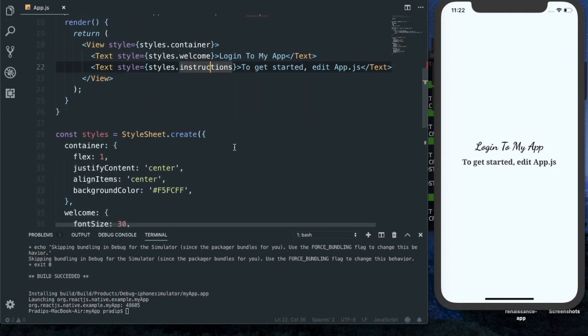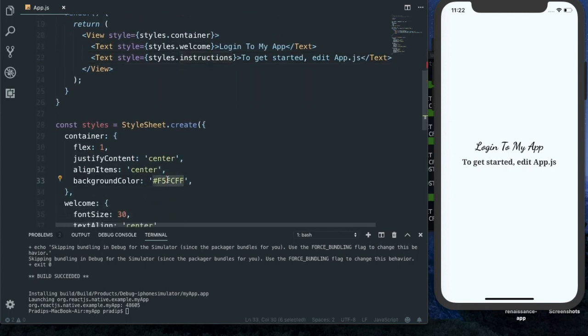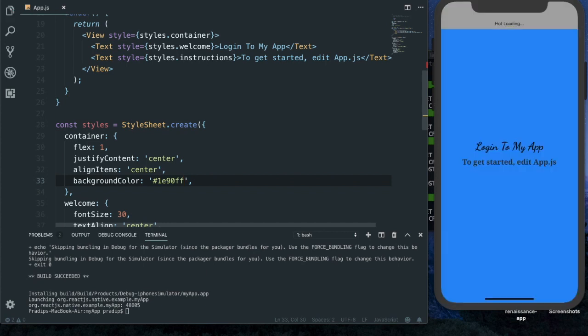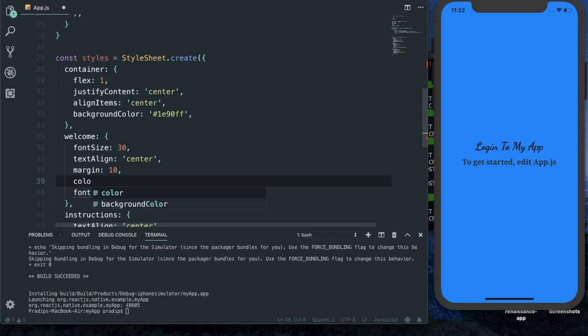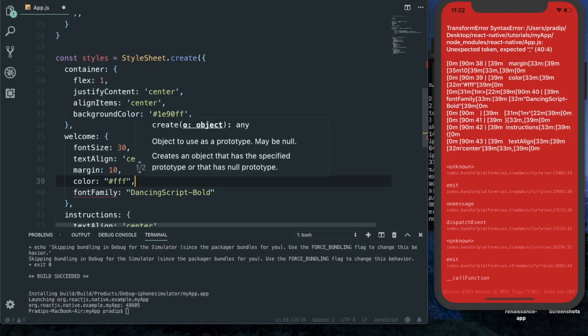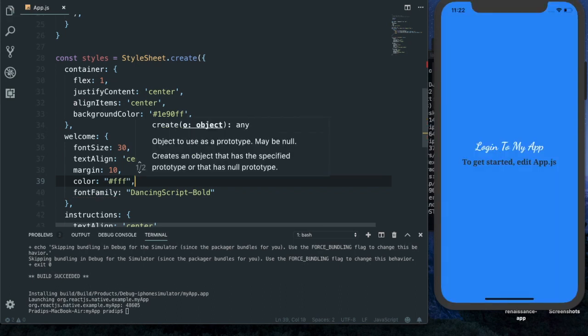So first of all, let me change the background color. Okay, so my background color will be this. So let me check. Okay, I got my color. I need to change the text color. Okay, so color, I want it to be white. Okay,